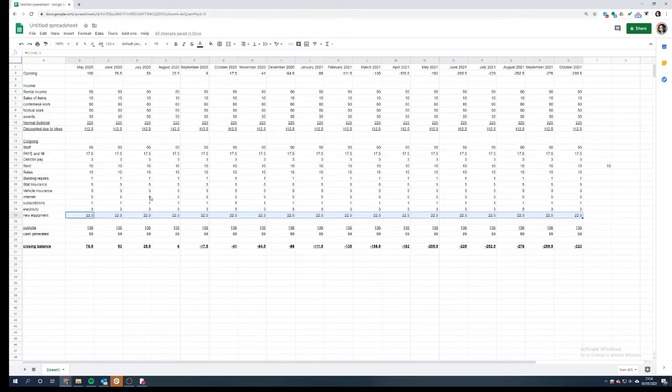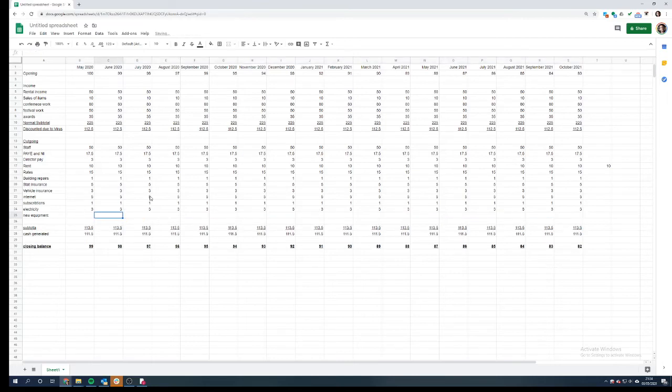You might say, well, I'm going to allocate 5% of my turnover to equipment. A bank or investor like me would then say, well, what on specifically? You know, you're talking about borrowing money here. What do you want to spend money on? So then what you might do is go along and say, well, I know in July, the fridge in my pub, or in my case, some speakers need to be replaced, whatever.